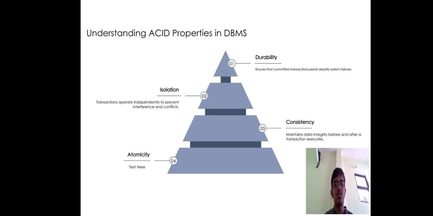So next is understanding the ACID properties in DBMS. We have seen in the last slide of the last PPT what the ACID property is. The ACID property mainly is atomicity, consistency, isolation, durability. We have seen that. So we will